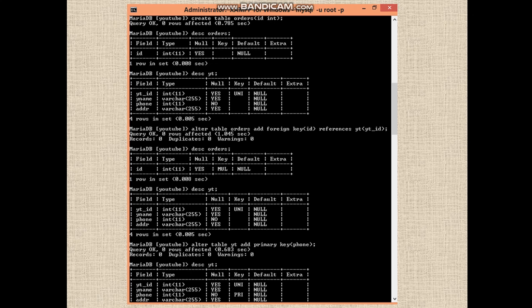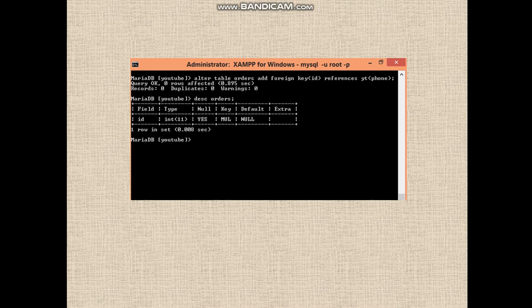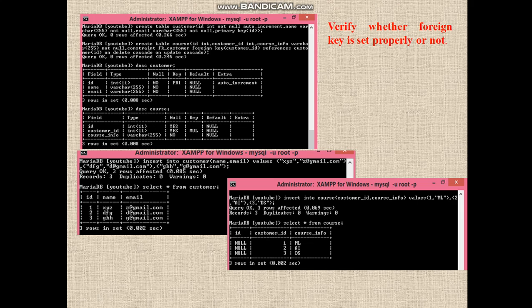Then after that, if you want to verify whether your foreign key is set properly or not, here is a way: